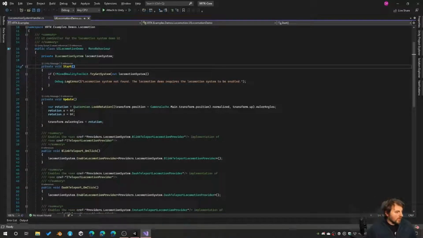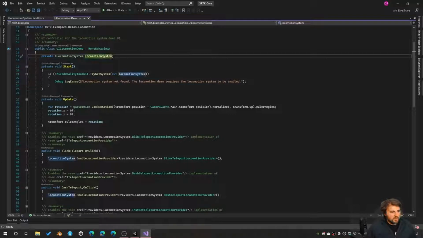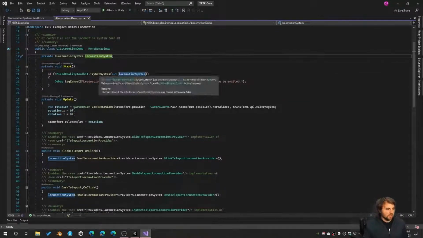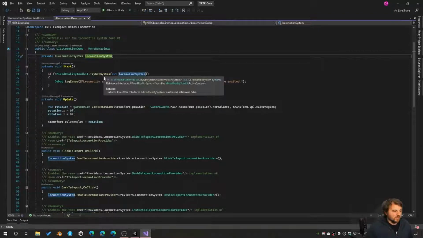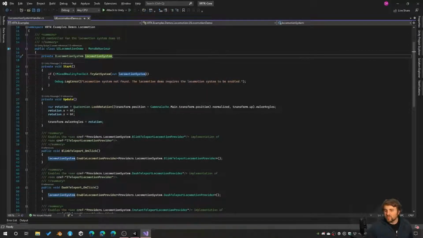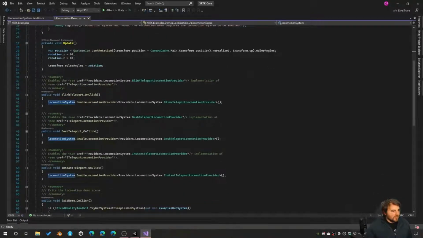And you can do that easily by just getting a reference to the locomotion system using XRTK.tryGetSystem or getSystem if you are sure it's there. The tryGetSystem is intended for use when a system is, let's say, optional, and you can then check if it's there, and if it's there you can enable some feature or disable stuff if it's not. Yeah, so this demo obviously requires the locomotion system to be available. We get a reference, and then this little update loop will just make sure that the UI canvas is always